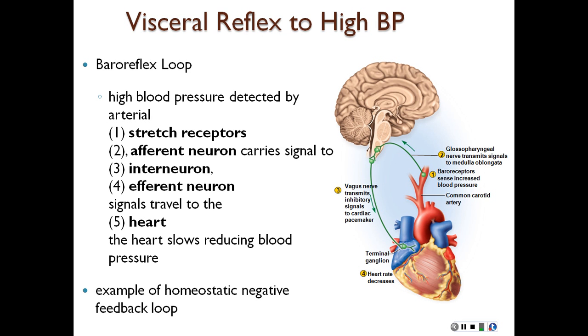Okay, so really with feedback, with both of them, you detect some change. The result is what's different. So the body detects a change, right? So what's being detected here? Too high. Blood pressure is too high. How does the body respond? By bringing it back to the set point. How would that be different with positive feedback? If there was a positive feedback mechanism for blood pressure, how would that be different from what happened here?